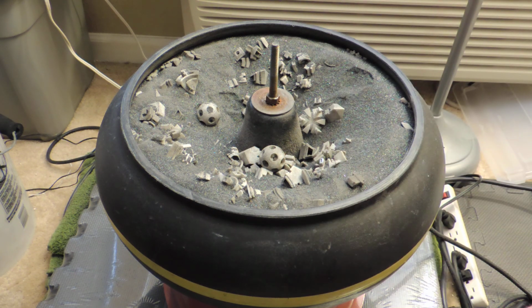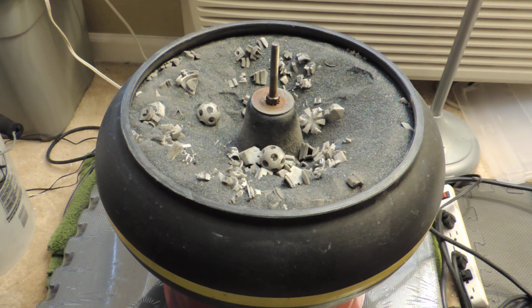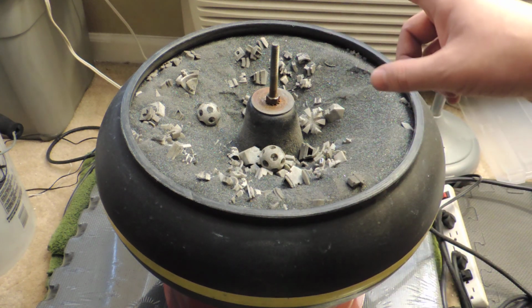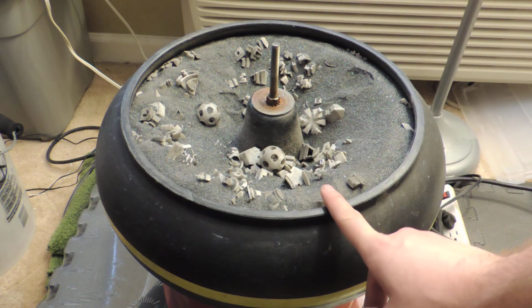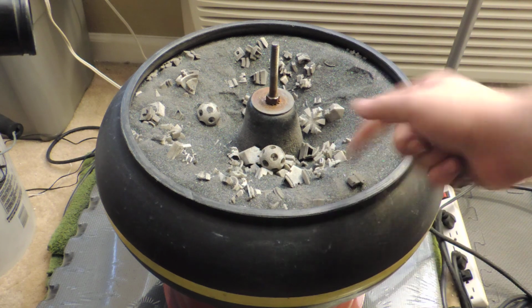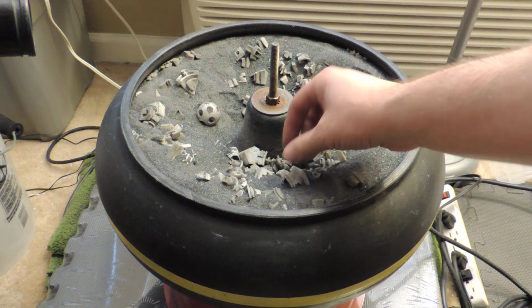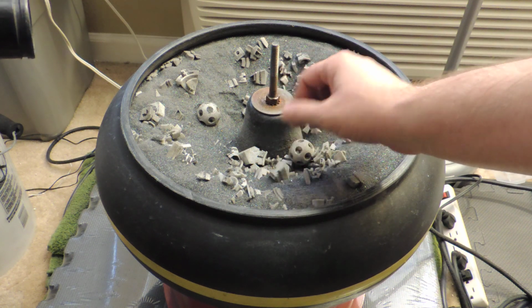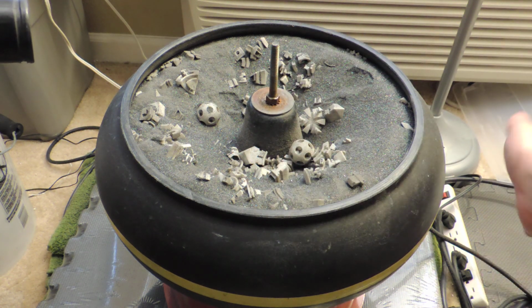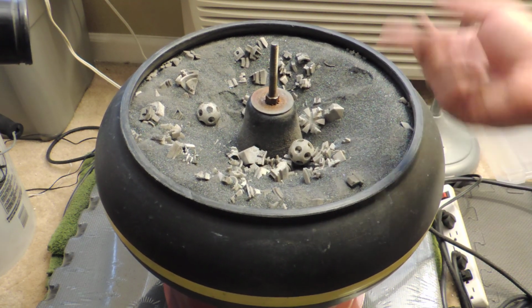So I put about 8 puzzles worth in the tumbler this time. I definitely can't put more than 7 puzzles worth in the tumbler next time I do it, and this batch is probably going to tumble a lot slower. Now, I have noticed that with the fine grit, I can have the tumbler at this level of loading, and it still churns very, very well, very aggressively. The problem is the fine grit causes parts to wear unevenly, so I can't tumble it in the fine grit for very long. So I'll probably have to keep it in this coarse grit, going at this really slow pace